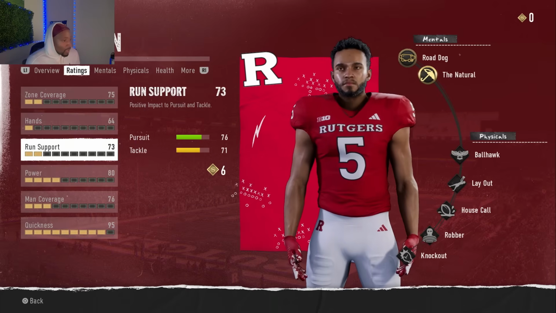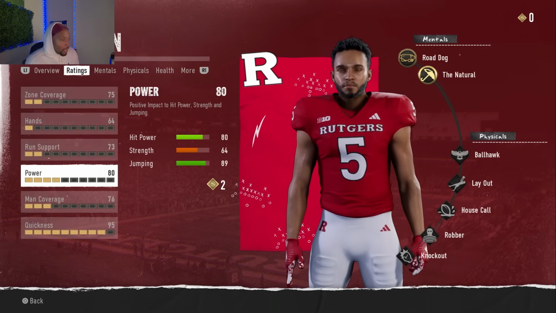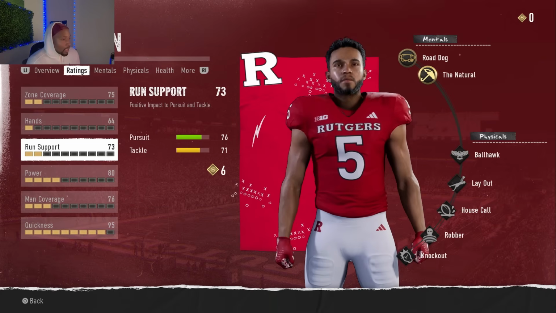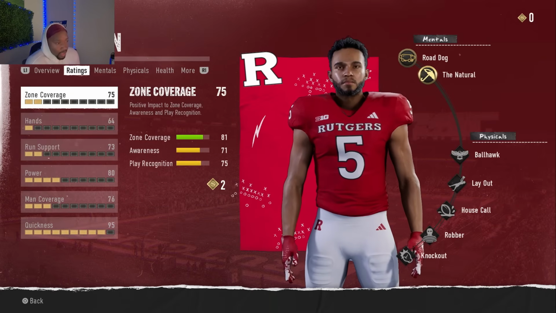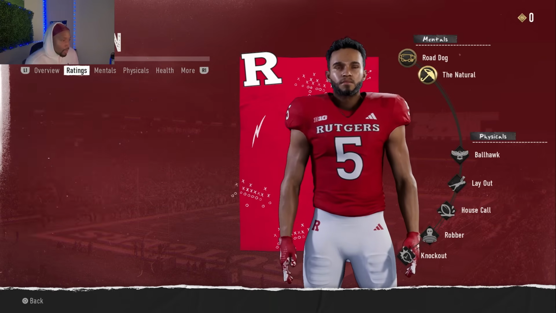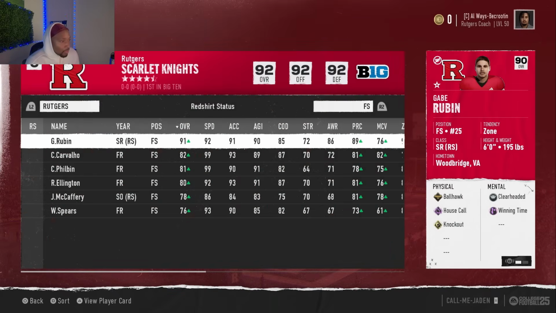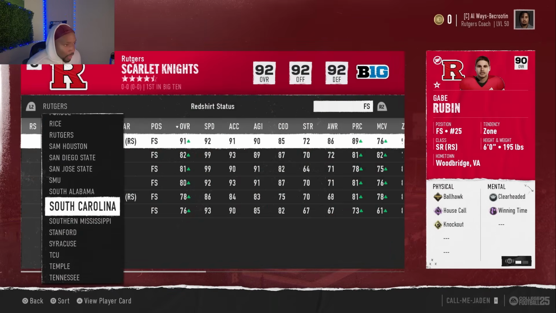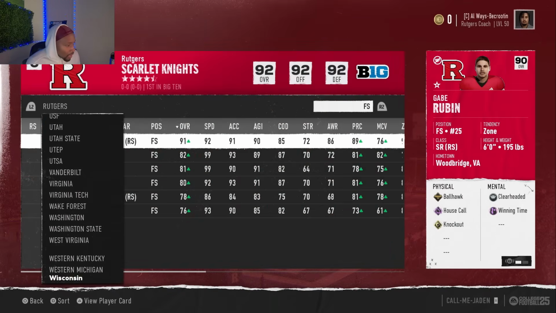I mean, this is a guy you got to start day one. Hit power 80 for a zone safety. We'll take that. 71 on the tackling. Like, just good across the board. Good at everything. Man coverage even in. Not a terrible spot. And then just to prove to y'all, we'll look at all the safeties in the nation,